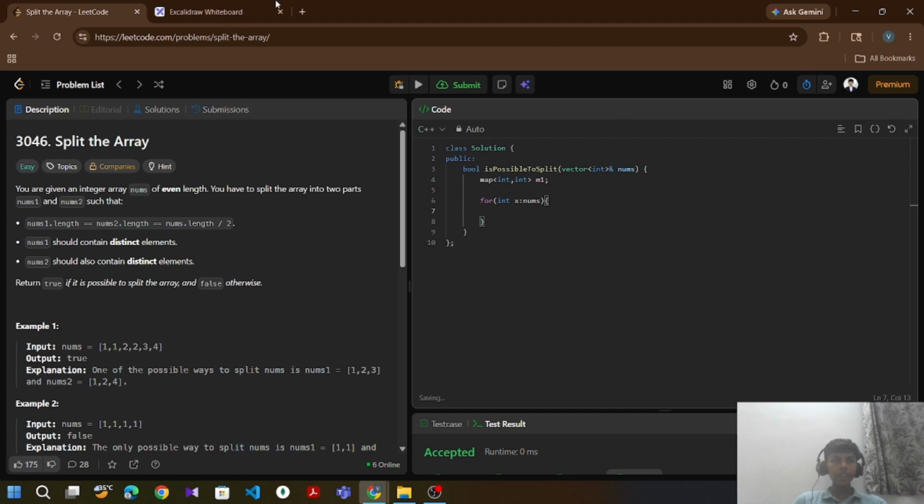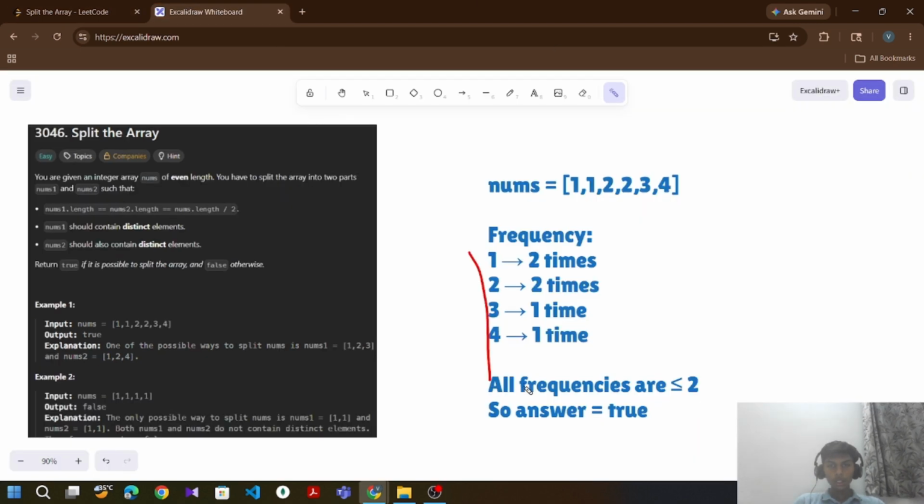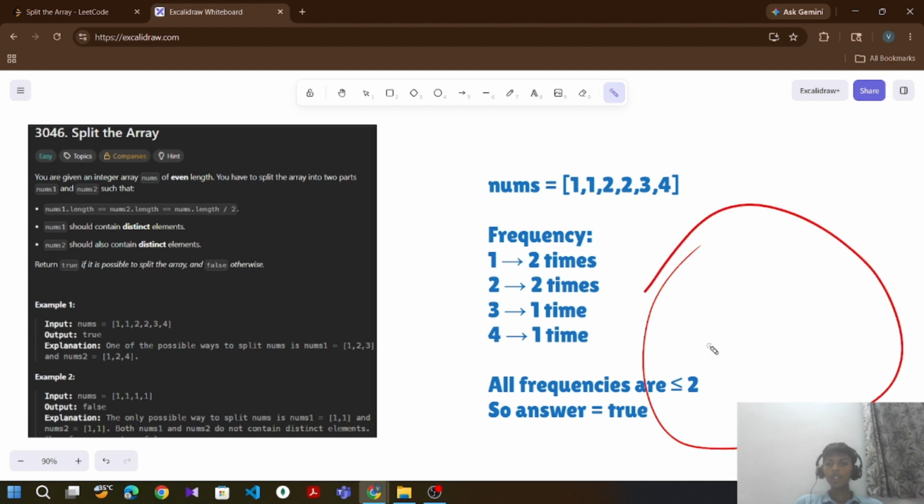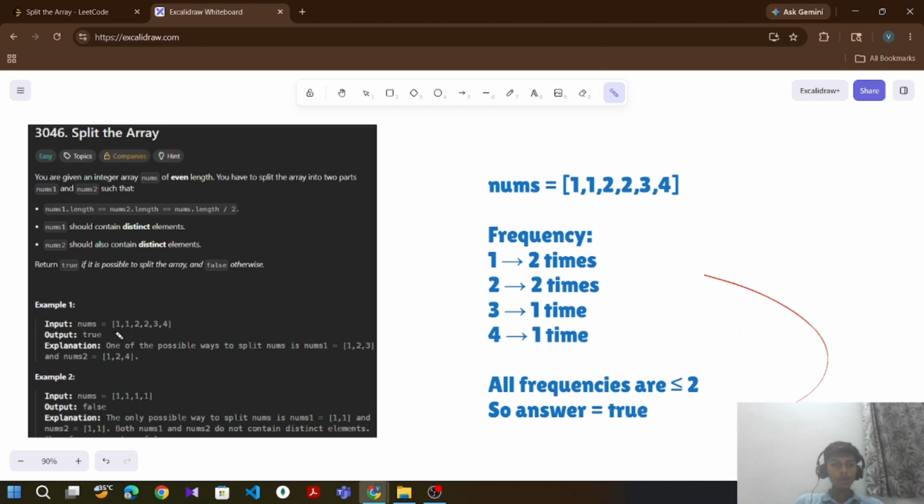And in this question we have a condition: if the frequency of an element is greater than or equal to 2, then we return false, because if we split into two arrays, it does not contain distinct numbers per array. That's why.